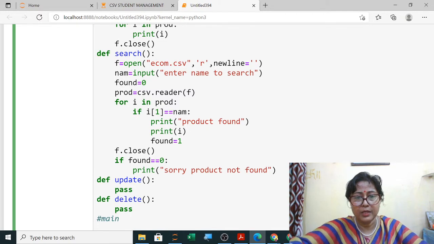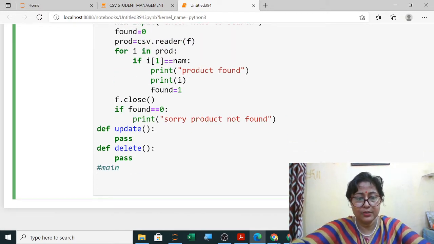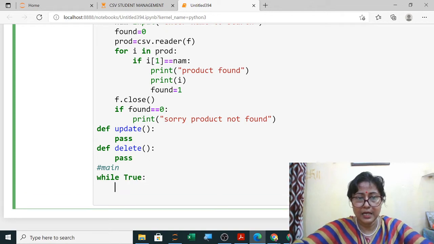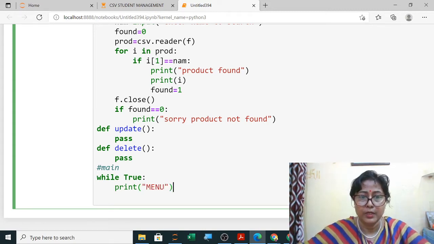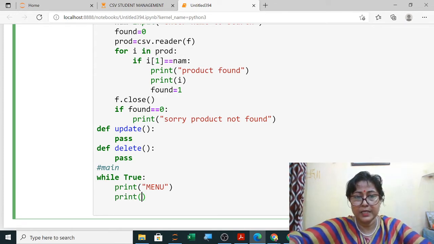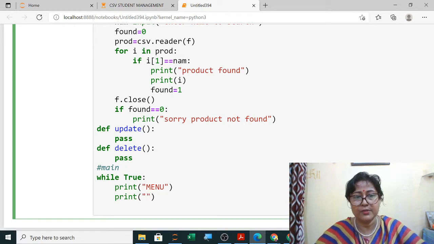So the main program, how you are writing it: while true is the first line, and then the second line is your menu, so you are printing the menu. Now how you are printing the menu in a CSV file. This print I will copy because all the menus I have to display.